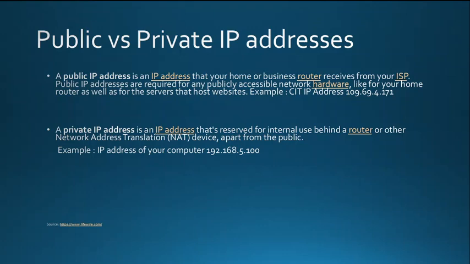For example, in the academy of IP addresses, a public IP address is, for example, 109.69.4.171. A private IP address is an IP address reserved for internal use by your router or other NAT device, which stands for network address translation device, and is separate from the public space. For example,